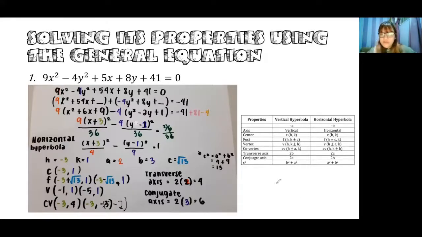And then for the transverse axis, 2a. So 2 times 2 equals 4. And the conjugate is 2 times 3 equals